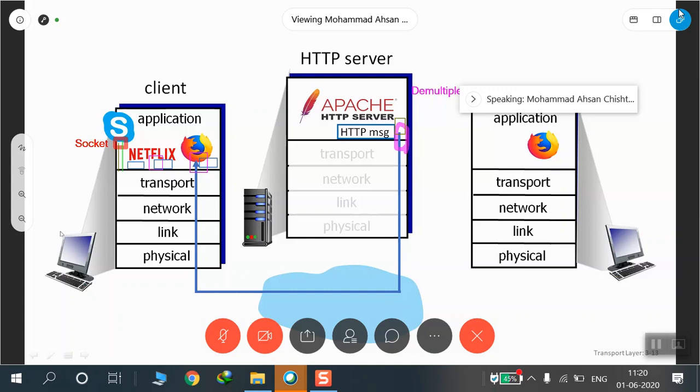Now, gathering this part and this part together, and then forming a segment from the data of this and this, and then adding its own header here,